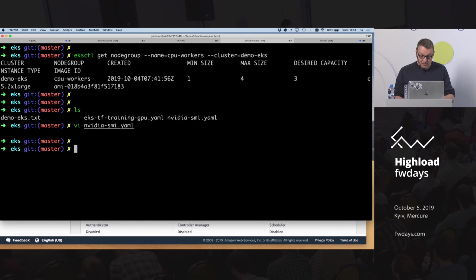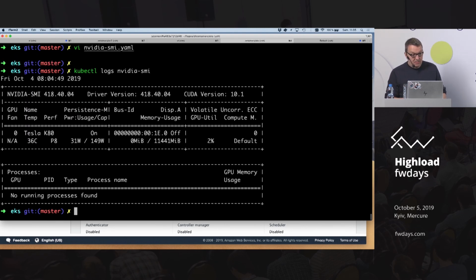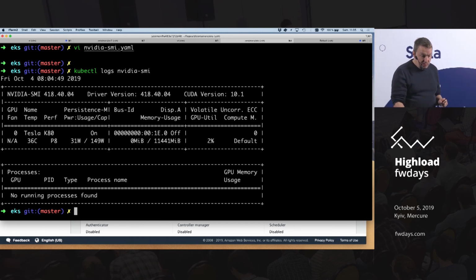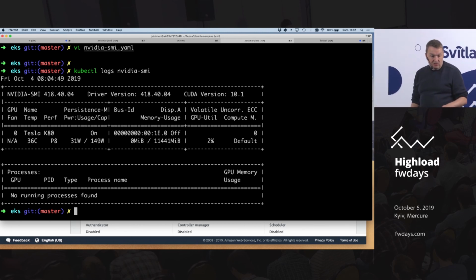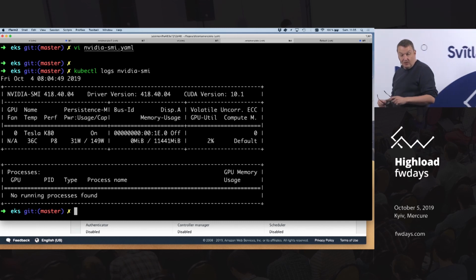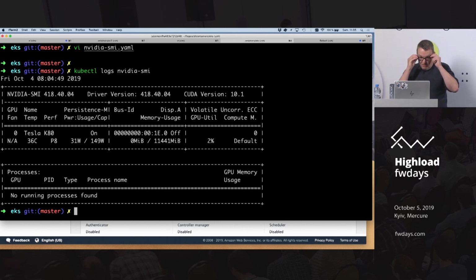And then, of course, I could see. So I've done this before to save some time. Okay, so this container has run, and this is the output. And so this one has run, obviously, on a GPU instance, and it did find that K80 GPU, okay? And in the same way,